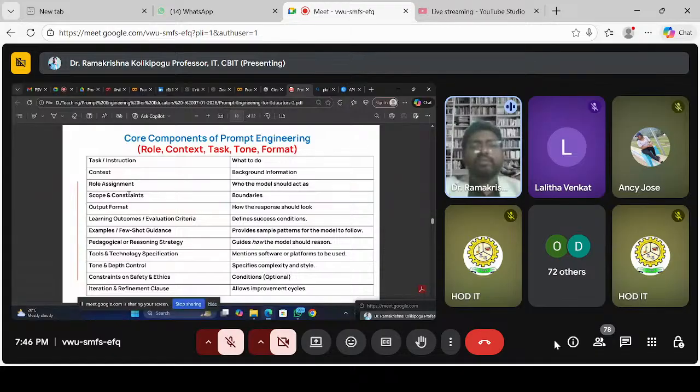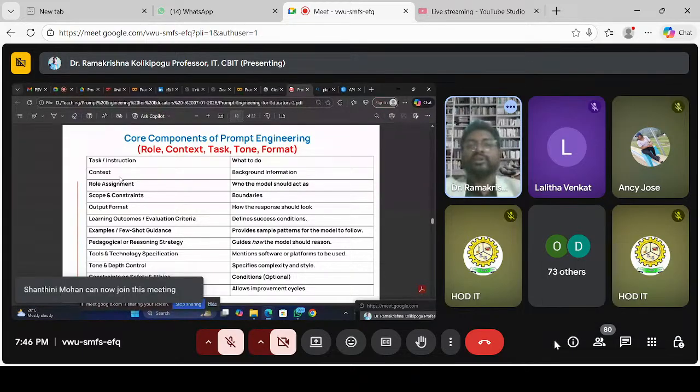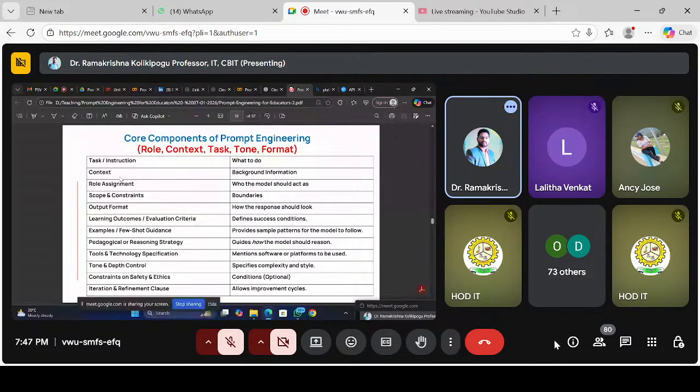Now you can see these are very, very important. When I say task, what to do, you have to mention what to do. You need not structure it again. Don't worry, you need not structure them. While writing only, you have to mind these concepts supposed to be there in our prompt. Okay, context, background information. So role, whom the model should act as, a system, as a professor,